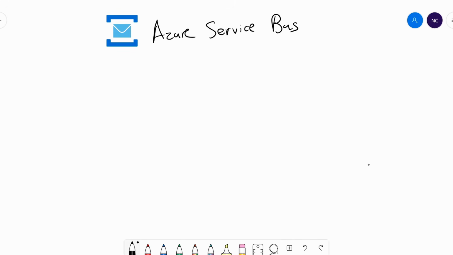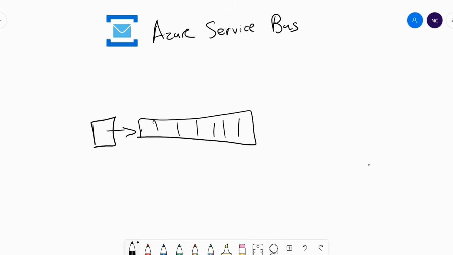So very easily put, Azure Service Bus is a way to say that I have something here and I'm going to put it somewhere, and eventually somebody will know about it on the other side. So it's effectively a message broker. However, this communication here is an asynchronous process, and that's the idea that we're going to leverage.